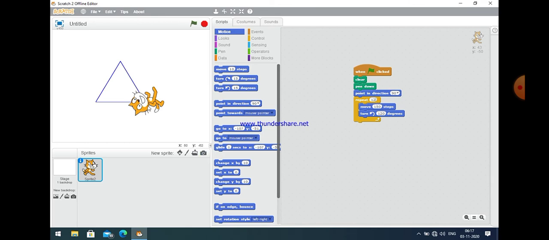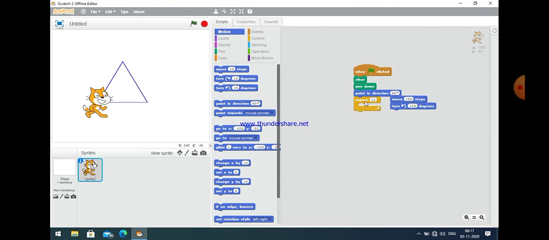So basically the triangle will be made when at least 3 times the commands move 150 steps and turn 120 degree get executed. So there is no need to write more than 3. At least you should mention a repeat value of 3 to make a triangle. I think now it is clear to all of you.